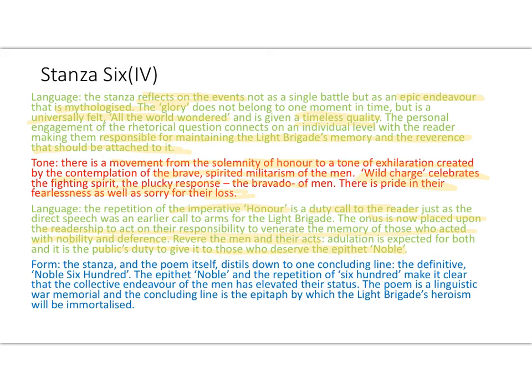Then in the form of the stanza, it all comes down, the poem itself distills down to the form all comes down to one line, that last line. So everything reduces down to the idea of the noble 600. And what we have here is a repetition of that clear collective endeavour that these men have elevated their status beyond